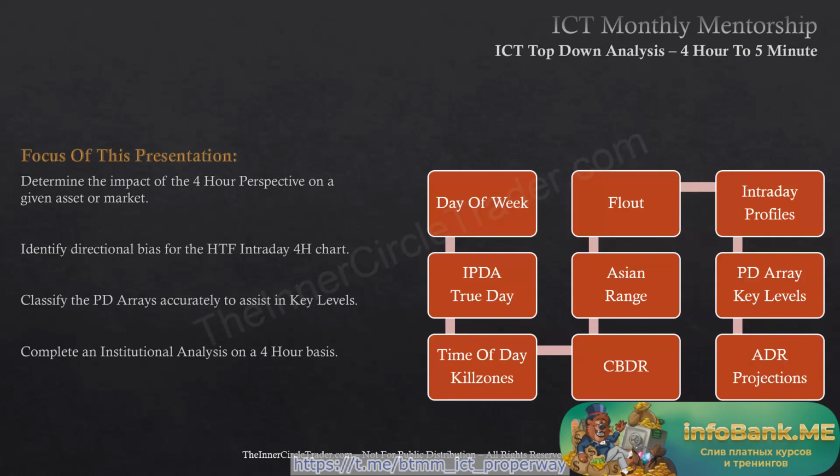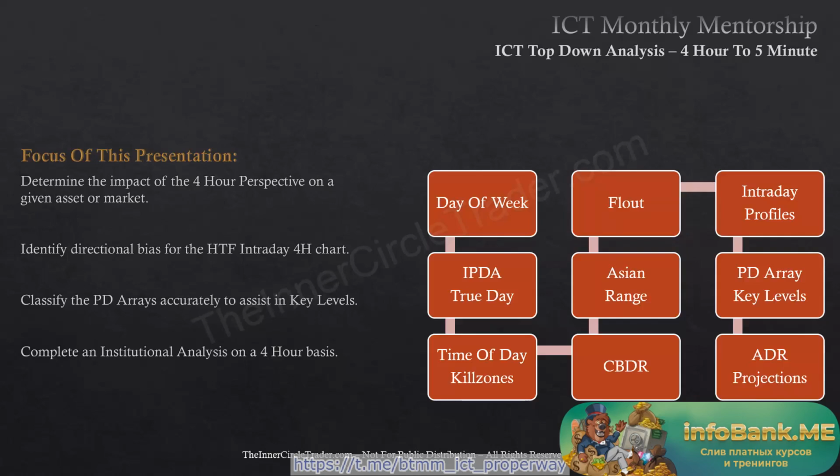And all of these insights, in addition to the analysis ideas I've had transposed from the monthly, weekly, and daily, I take what I see on the 4-hour and I carry that over into the intraday charts. Now, here's where we have to decide what we're going to be doing. Are we going to drop down from a 4-hour to a 60-minute chart? Or are we going to drop down to a 30-minute chart, a 15-minute chart, a 5-minute chart, even a 1-minute chart? I didn't include it because I don't like 1-minute charts,